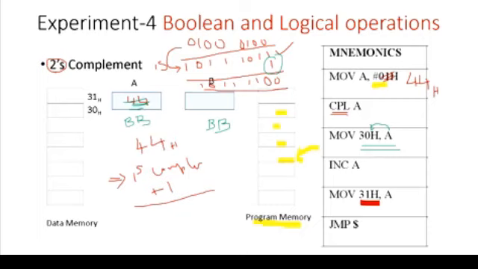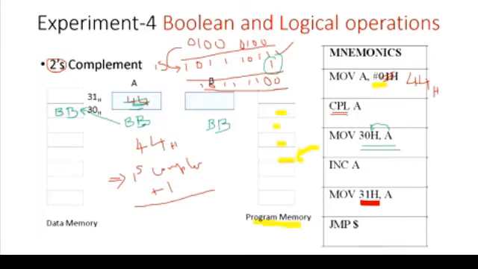Then the accumulator content is moved to 30H. So 30H is here. So BB is moved here. This is BB. 8-bit number BB is moved. Then you are incrementing the accumulator. Now you see accumulator has the same number because as I told you, this move instruction will do copy and paste. So already the existing number in the accumulator will be retained in the accumulator itself. Okay, so it's copied and pasted here.